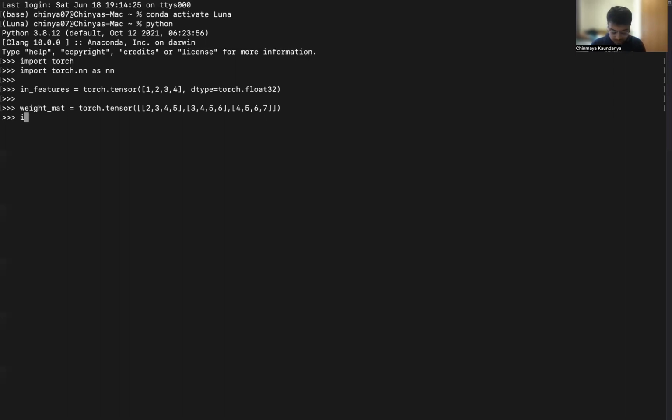Okay, let's just quickly check the shapes of both the tensors. Size 4, and then size 3 by 4. Okay, so now if we just do matrix multiplication, it would be something like,